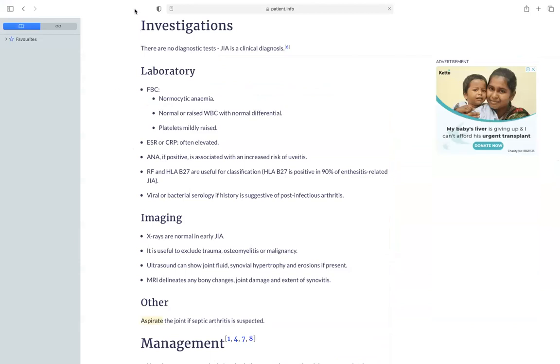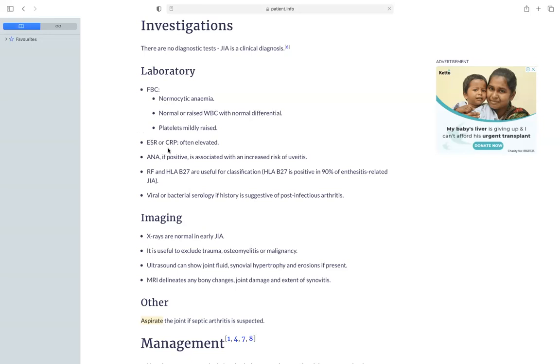We will only go through the investigations and management. The rest we can read ourselves, because this will be the main thing asked of us in the exam. Okay. So there are no diagnostic tests for JIA. It's a clinical diagnosis. Then, in the laboratory, you will do a full blood count,